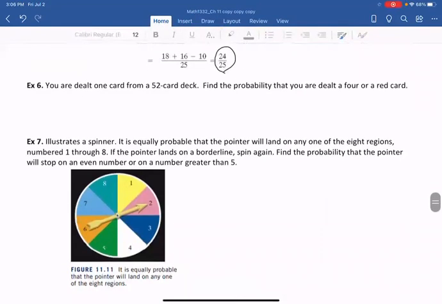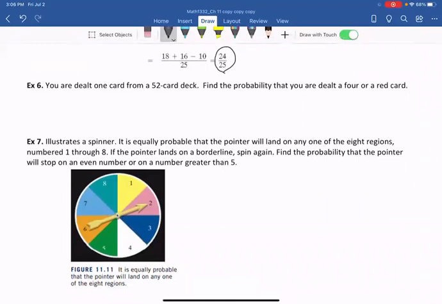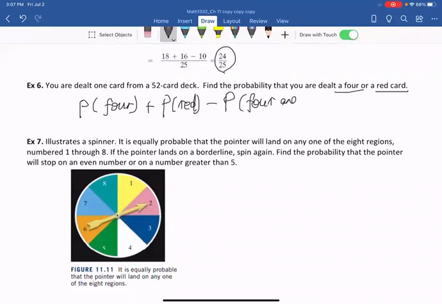You are dealt 1 card from a 52 card deck. Find the probability that you are dealt a 4 or a red card. So the probability of dealing a 4, or, plus the probability of a red card, minus 4 and red. That is how many 4s? We have 4 4s over 52, plus red. How many reds? Diamonds and hearts, they are all red. We have 26 over 52 reds,